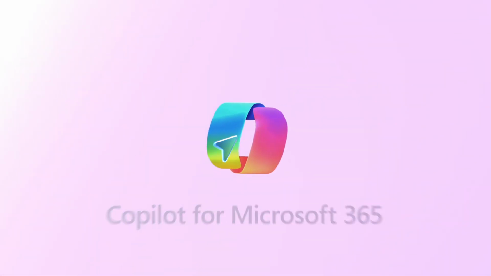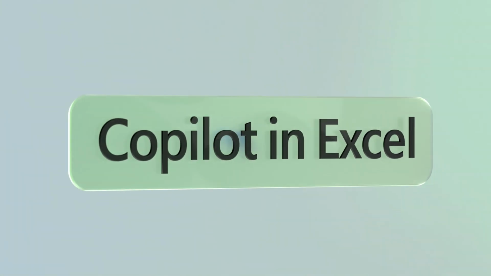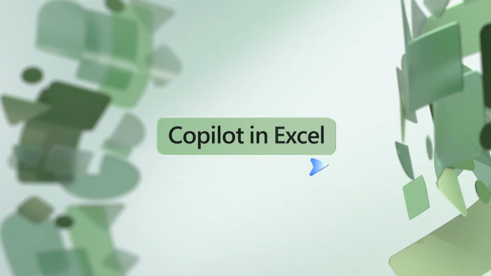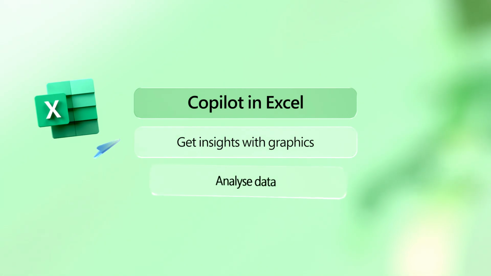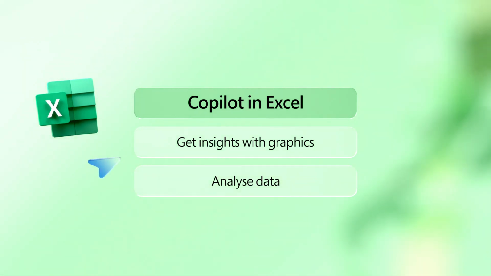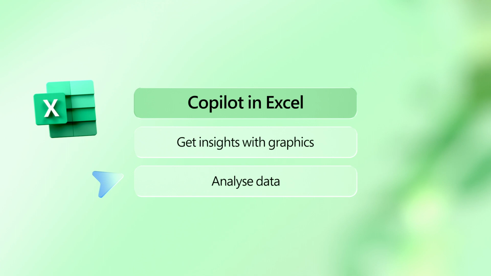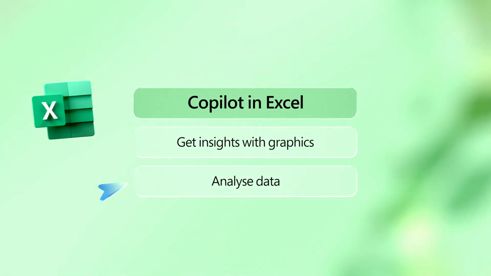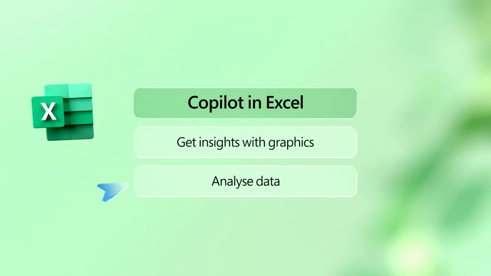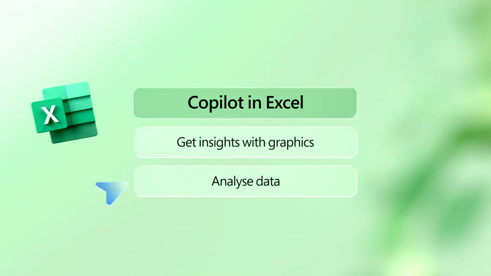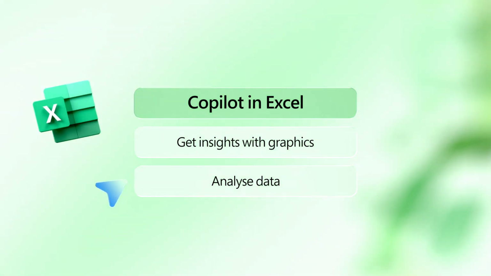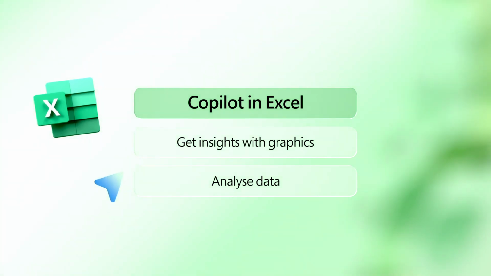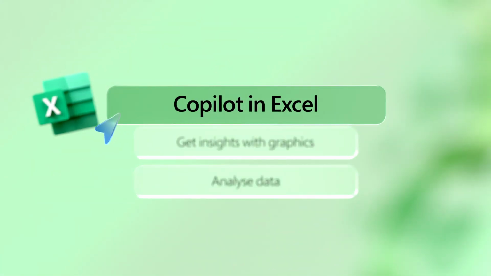Copilot runs in your Microsoft 365 apps to help you work faster and smarter. It uses AI to help you do more with your data in Excel tables by generating formula column suggestions and showing insights in charts and pivot tables. First, Copilot analyzes your data, then uses that understanding to recommend useful formulas, uncover insights, create charts, and more. Simply use the Copilot app to put these powerful features to work.